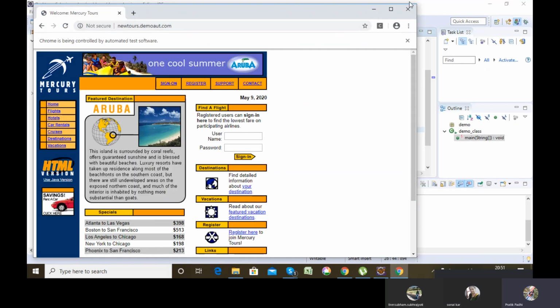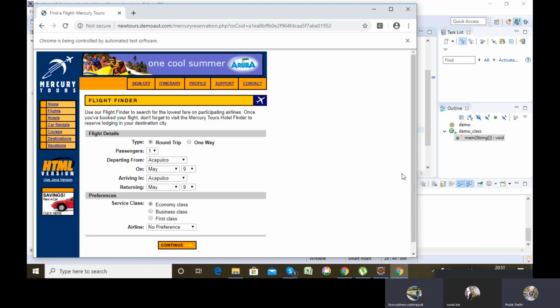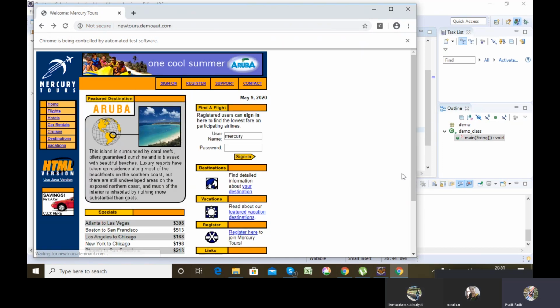See here, the whole browser is not in a maximized state, it is in a minimized state. The whole execution is being done in the minimized state only, but I want it to be in the maximized state. For that also there is one option which we'll be using here.